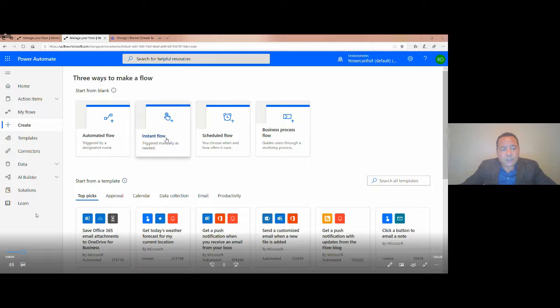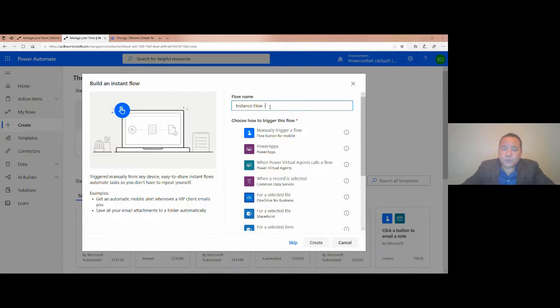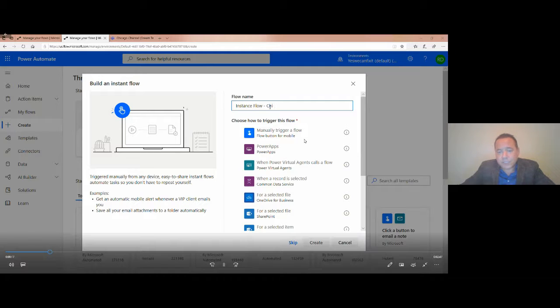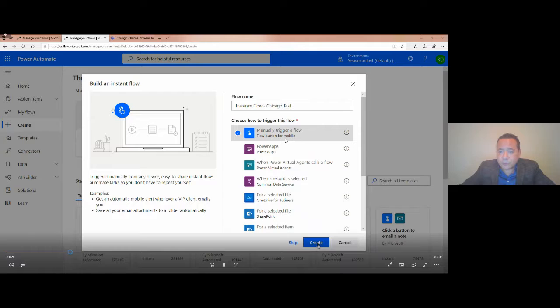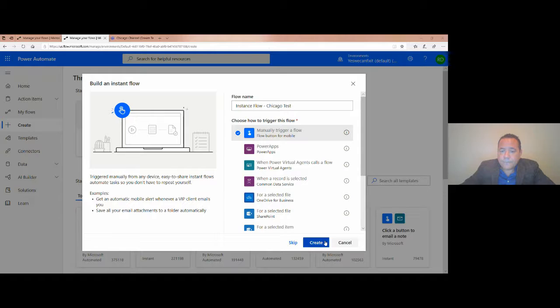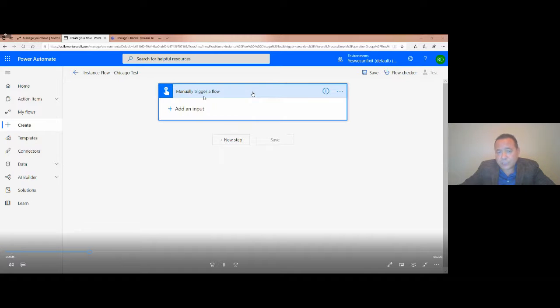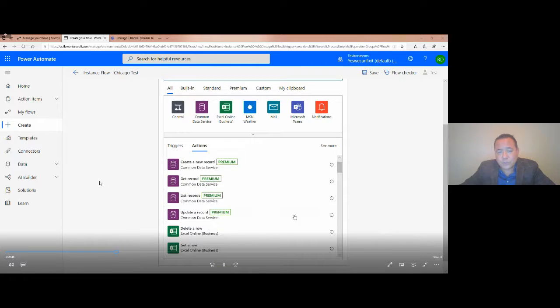And again, you see the menu that I showed you a few minutes ago. We're going to go and enter the flow name, instant flow. Remember, this is connecting with Teams, and the following one is doing that as well. So in this case, manually trigger a flow. And we're going to create it. As I showed you in the previous flow, you always see here how it's going to be triggered. It's not going to be triggered when a new item is added, like the one before was actually doing.